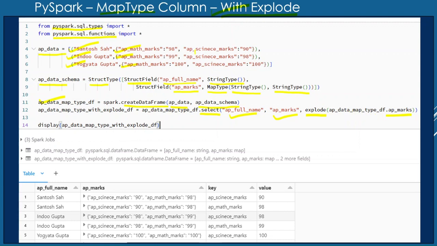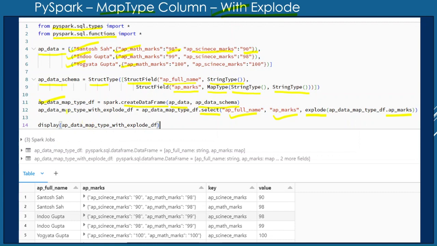In AP marks there are two keys, AP underscore math underscore marks with its value, and AP underscore science underscore marks with its value. So for each record,